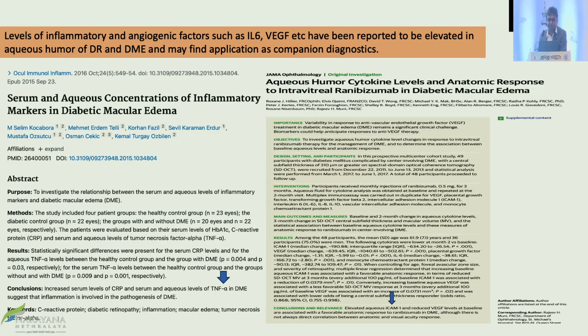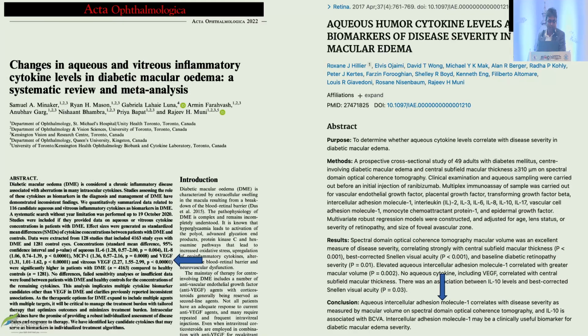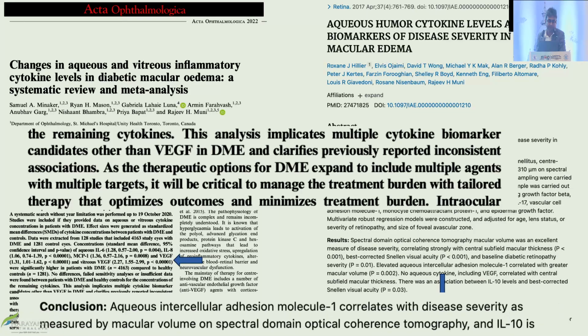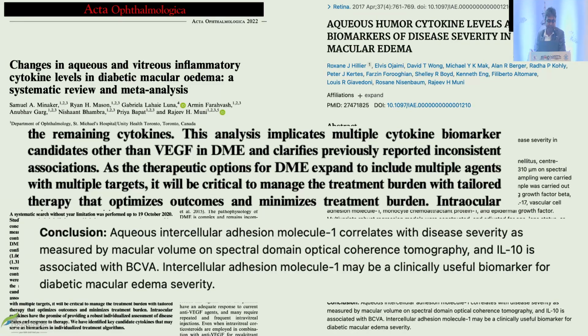So if you look at previous papers, they showed that inflammatory biomarkers like IL-6 and VEGFs are obviously elevated, and when you have an ICAM, which is there earlier, it gives a protective role. So that is what the earlier papers have told. Now, if you see this paper, it shows that not only VEGF, we need to look beyond VEGF. So there is an extra VEGF cascade that happens, which needs to be targeted for better treatment. Even the ICAM molecules correlate with the disease severity, especially in recurring macular edema.